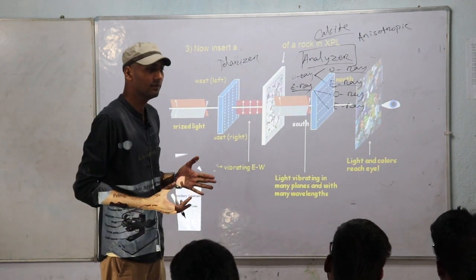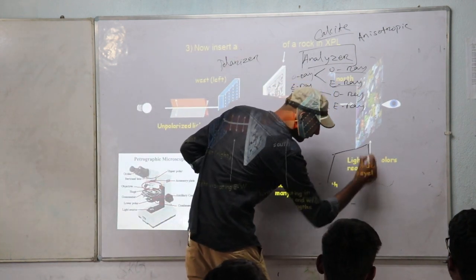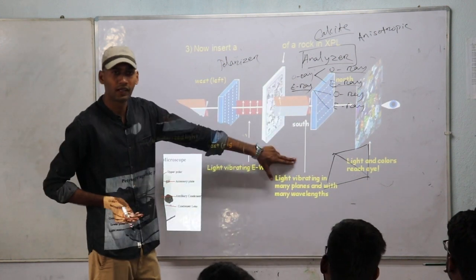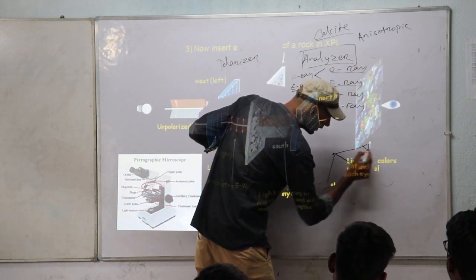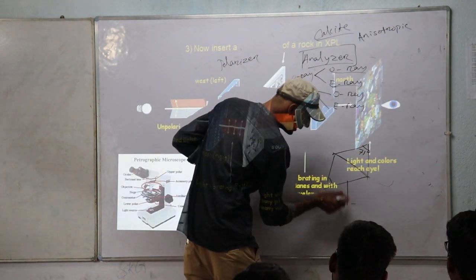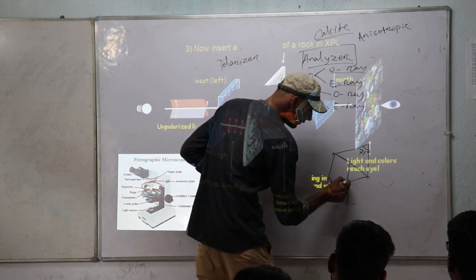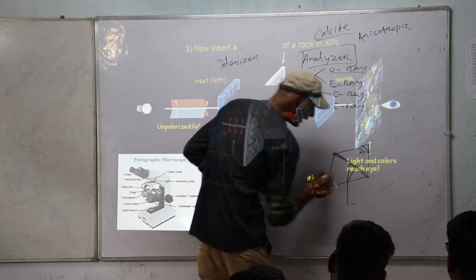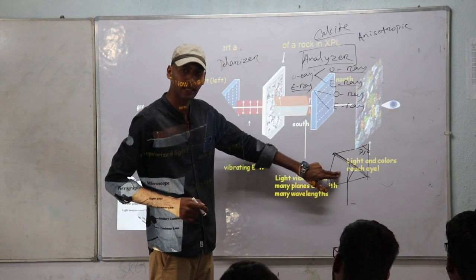Then what happens in calcite? What happens in the Nicol prism? The Nicol prism is like this. Here it is. The Canada balsam is there, the calcite is cut in between, and there is the Canada balsam. Here this angle is nearly 71 degrees. When a light ray enters through the calcite mineral, one ray passes through it and one ray is deviated like this. Then at the Canada balsam, there is a difference in refractive index between the Canada balsam and the calcite mineral.